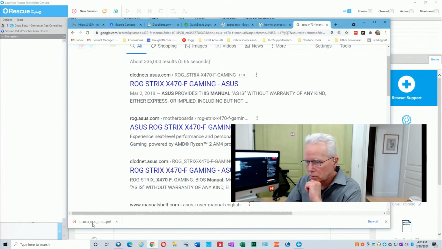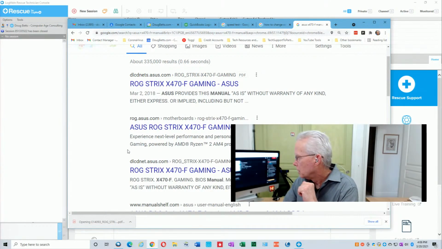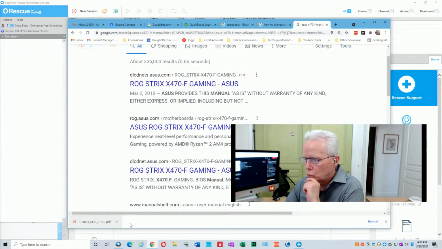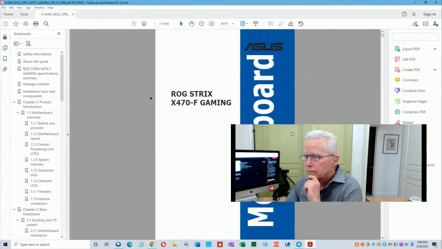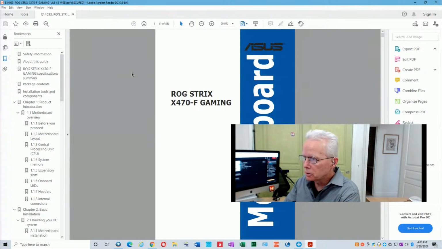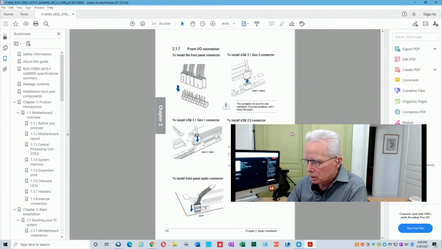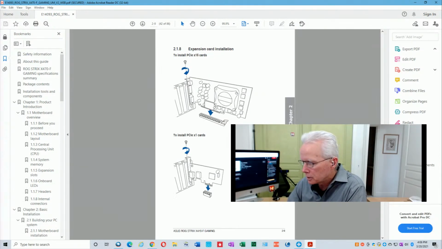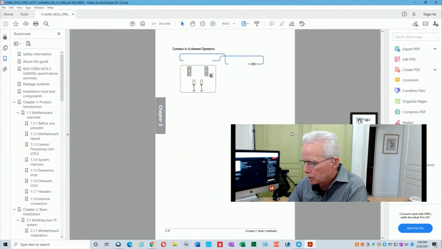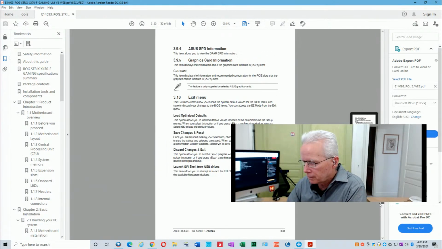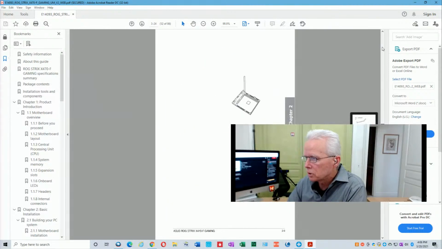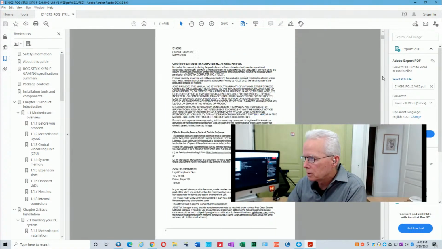Let's see, what did that do? That downloaded the PDF, and I'm being told page 42. All right, click up here for the page numbers. And this appears to be a motherboard manual. Type in 42, enter. Front I/O connector, but that is not actual page 42. These page numbers are hyphenated in sections and page numbers, so I'm thinking this is a different